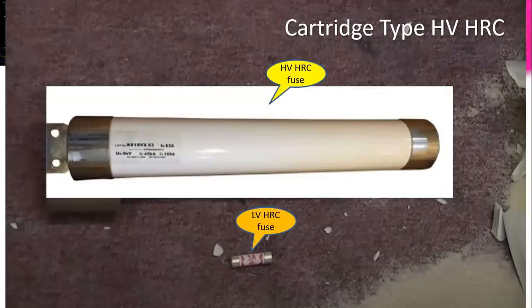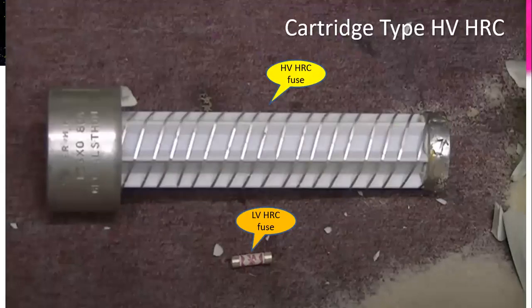Now you can see this LV high rupturing capacity fuse and a high voltage HRC fuse. So what is the difference in physical size also? You can see it. Now if it is opened, the four cylinder material is removed. What is inside? You can see it. Here is the carriage type HV HRC fuse. Here you can see that this is a silver material, in a round shape. From this silver end, inside there is another fuse also, made of tungsten filament. This is a silver material.